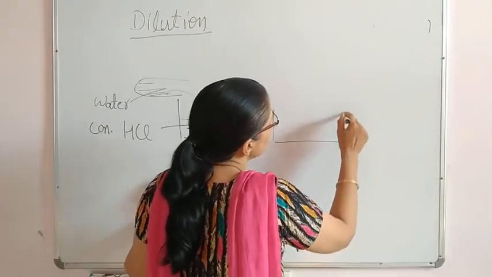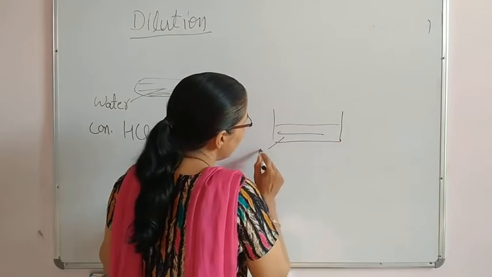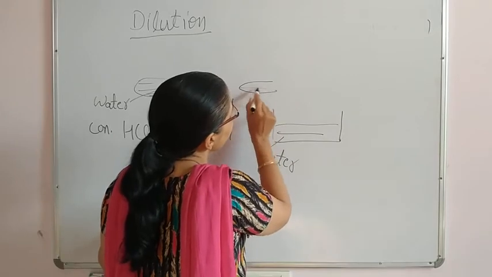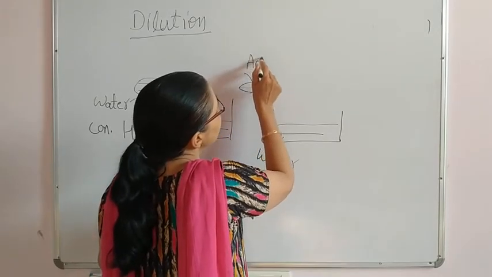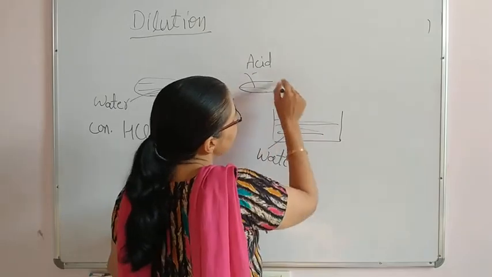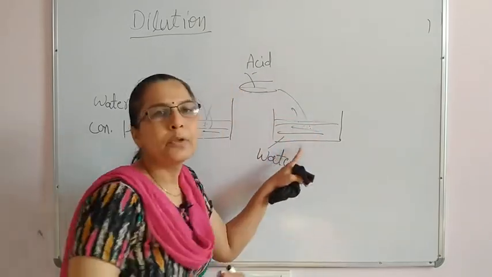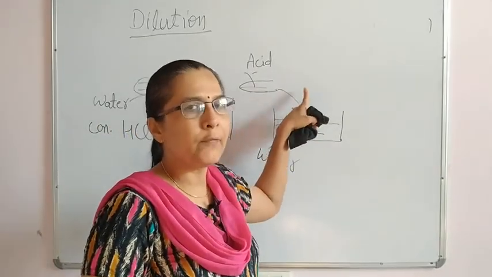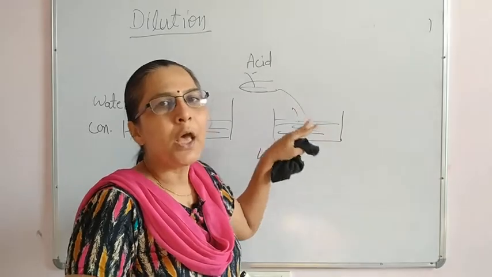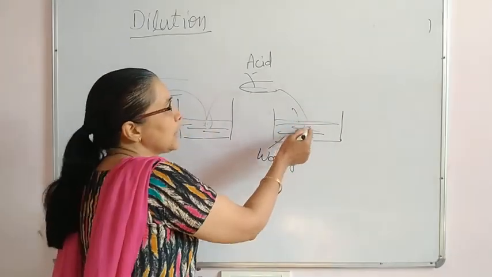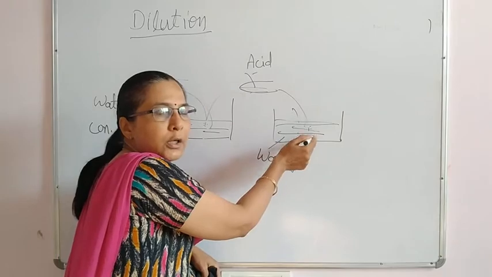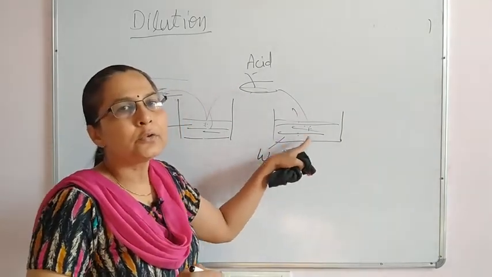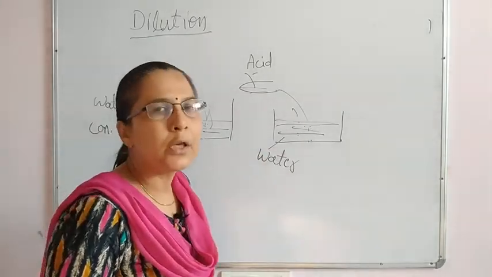The opposite process of dilution we can take. Here we are taking water, and now we are adding acid. What will happen? When acid is mixed in the beaker, the process will be exothermic. Mixing of acid and water is always exothermic. It means again the solution in the container may splash out. This time water is present in the container, so water will splash out, which is not dangerous for us.